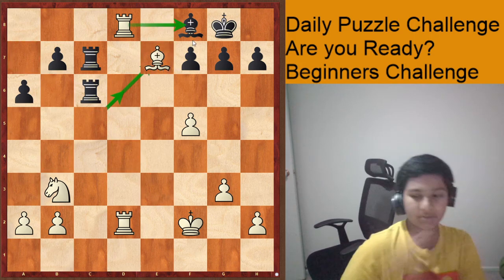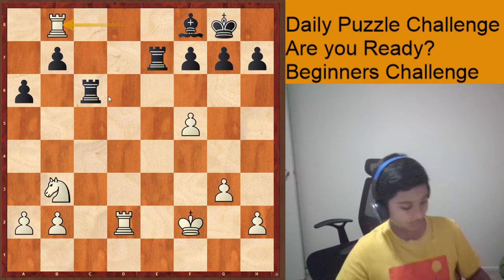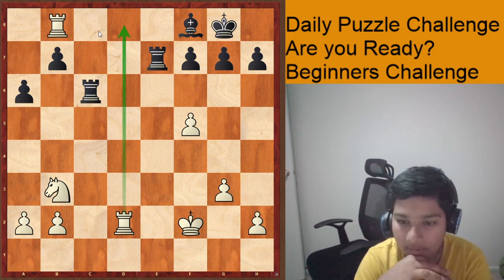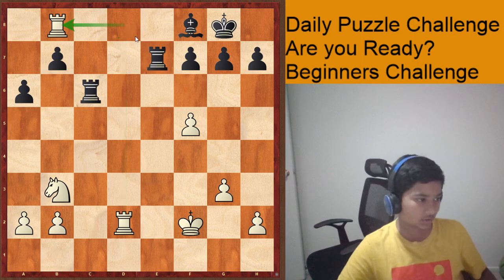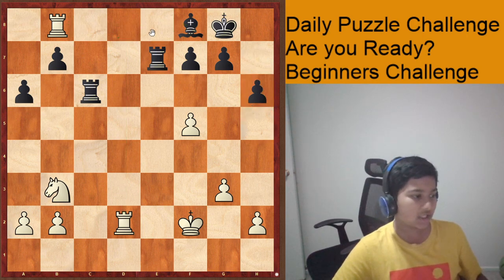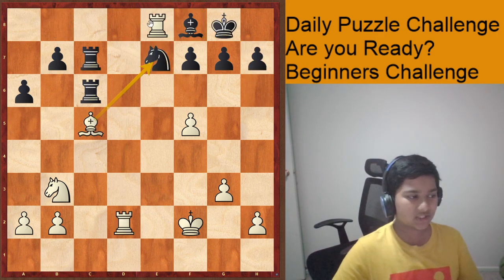Okay, so how about the capture? Bishop takes e7 seems pretty sensible. Well, after rook takes e7, maybe a move like rook b8, to threaten rook d8, which does win a piece. But the problem is it's not checkmate in 2. As far as I can count, that's 1, 2, and 3. And anyways, say black plays a move like this, he can just escape. Sure, he's going to lose the bishop, but he can still escape. So the answer is rook takes